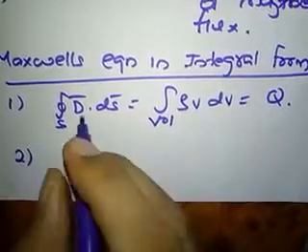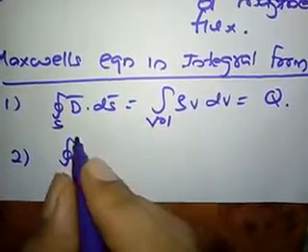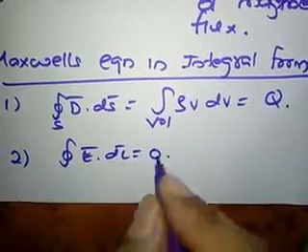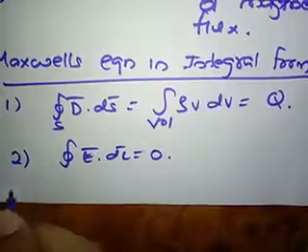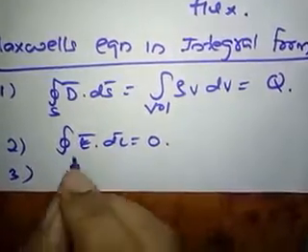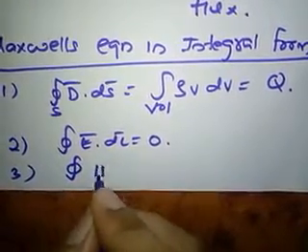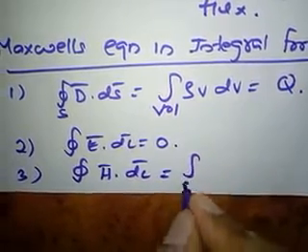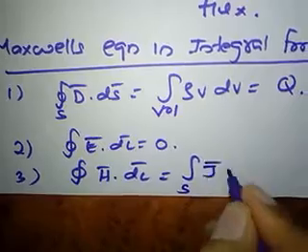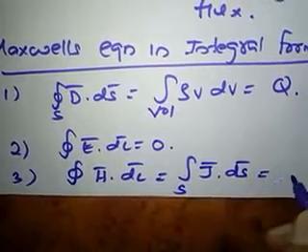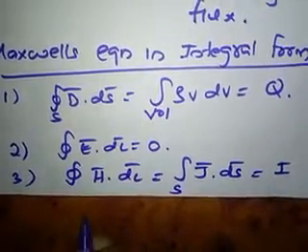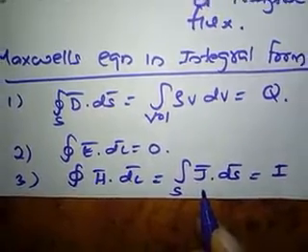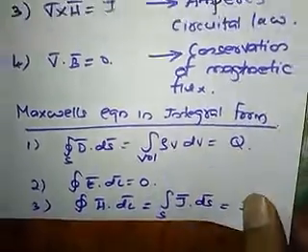Next, the second equation, the closed integral of E bar dot dl bar is equal to 0. Okay. Then the third equation, that is closed line integral of H bar dot dl bar, that is equal to surface integral J bar dot dS bar, that is equal to I. Right. So this relates the line integral to the surface integral. Okay. Then the fourth equation,